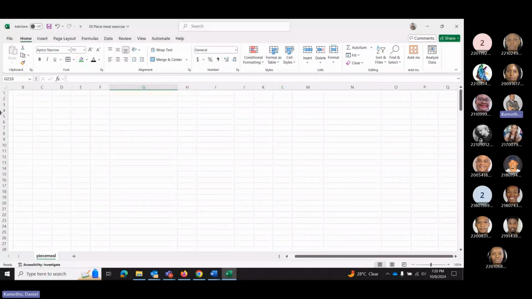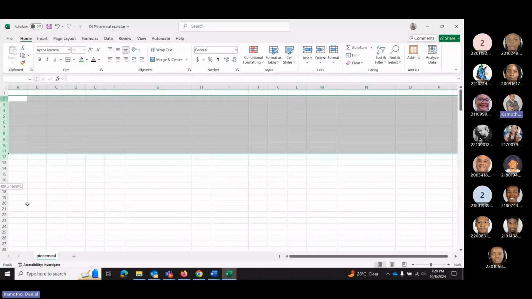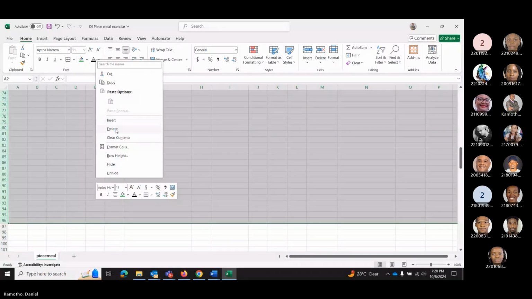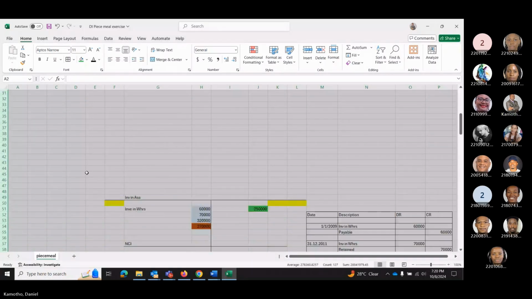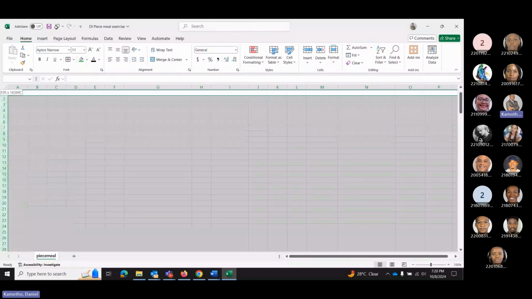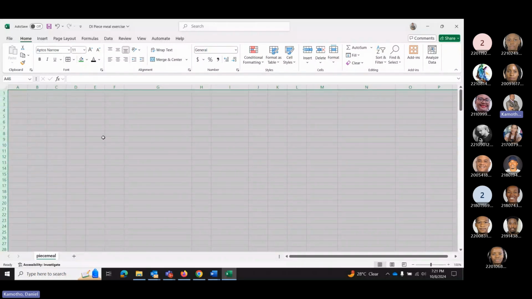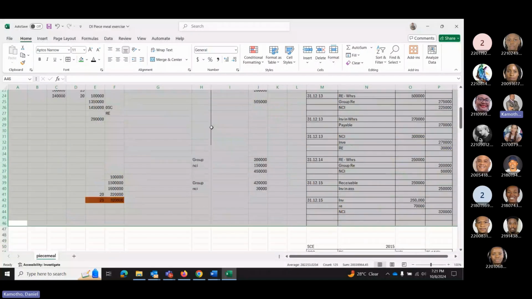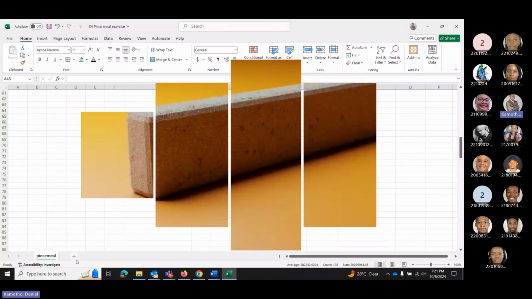Why did I start the thing too high up? Was there any reason? I don't think there is any reason. I think we have everything there. So now we can look